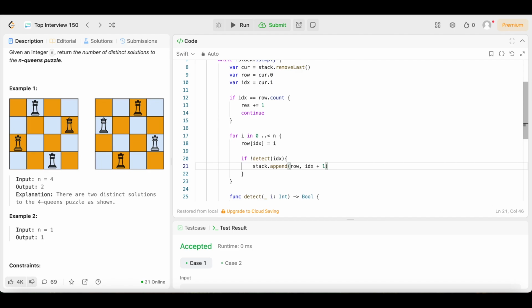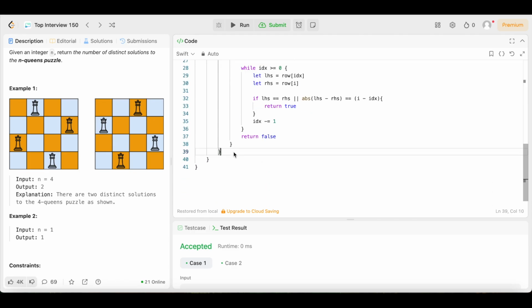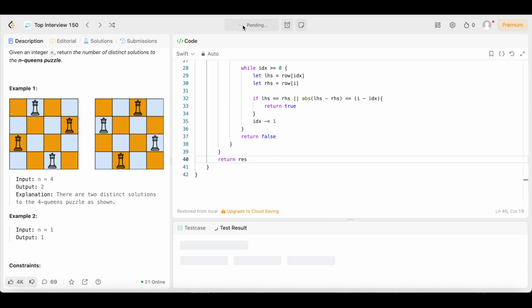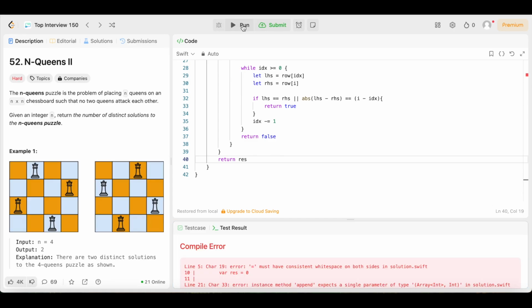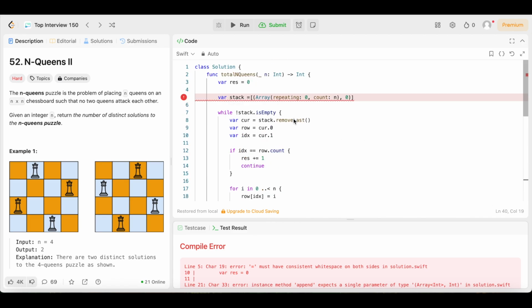Boom. But we're not done yet. We're almost there because we still need to return the total number of solutions found. So in order to do that, we could just come down here and say return res. Boom. So let's run this, see how it runs. Hopefully it runs how it's supposed to. Okay, we got some typos. Line 5, it says must have consistent white space